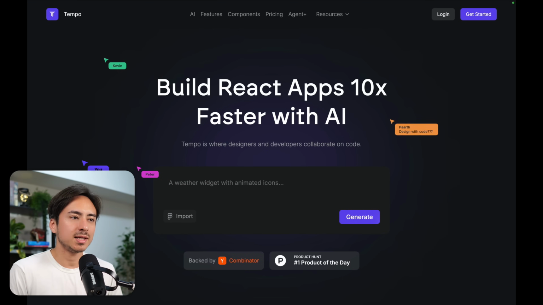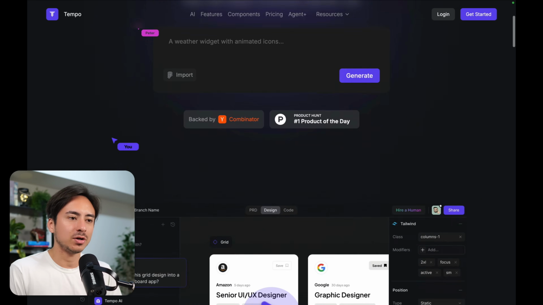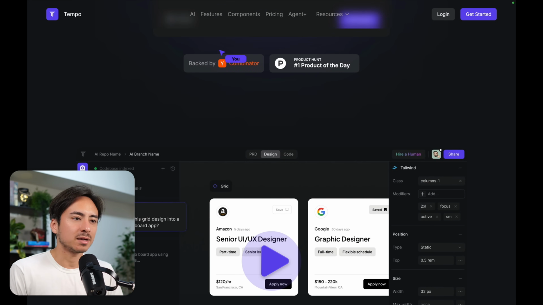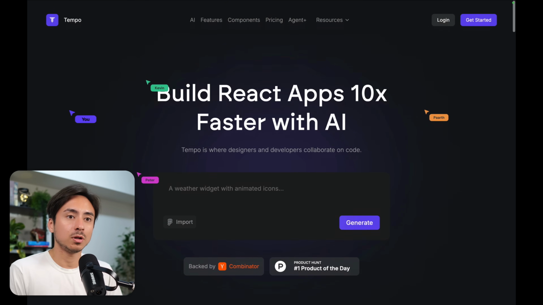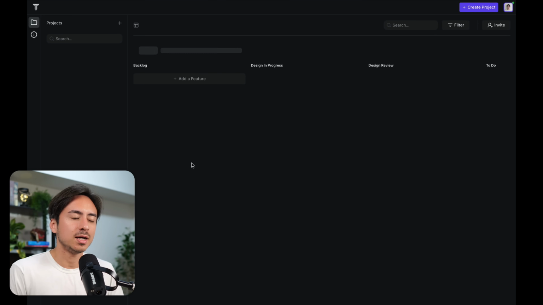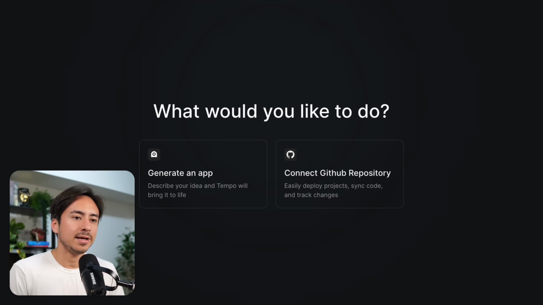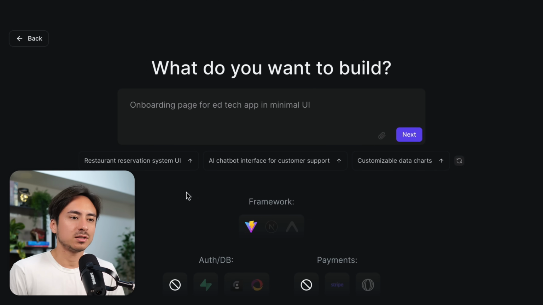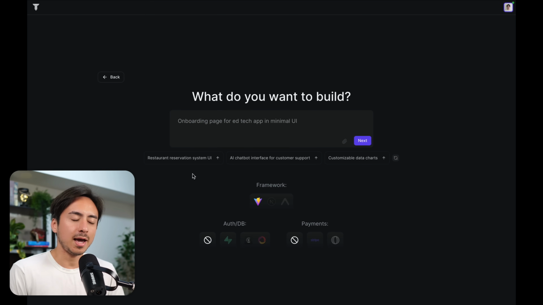This is their website. As you can see, there's a lot of collaborative things going on here. Backed by Y Combinator, which is super cool. But yeah, we can just press get started to get started with our project. And you get two options. You get generate an app, or you can just connect it to a GitHub repository to get started working on existing code bases. I'm going to start from scratch, so I'm going to click get started with an app,